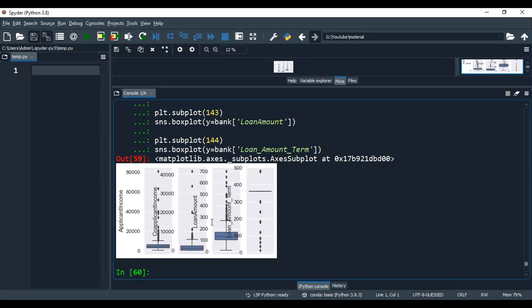All the columns that you see here have outliers. After the maximum value, you can see the different data points, which indicates that this data set contains a lot of outliers in each and every continuous column. That is how you can do the univariate analysis for both categorical columns as well as continuous columns.